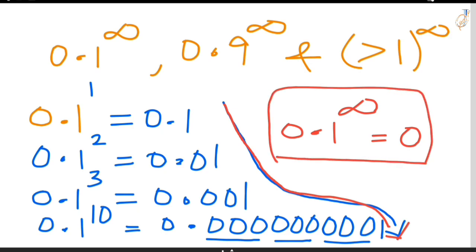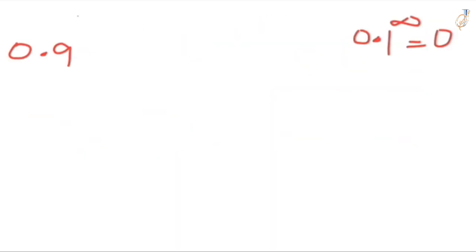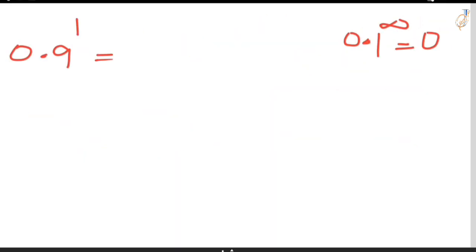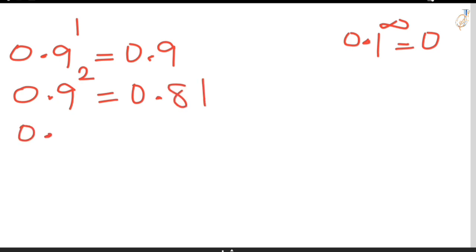Let's see some values of 0.9. 0.9 raised to the power of 1, the value is 0.9. 0.9 raised to the power of 2, the value is 0.81. 0.9 raised to the power of 3, the value is